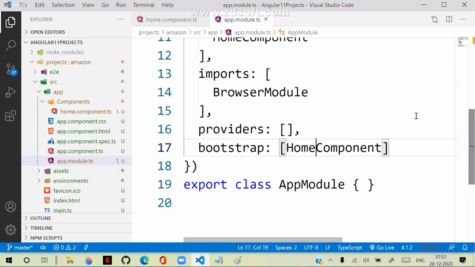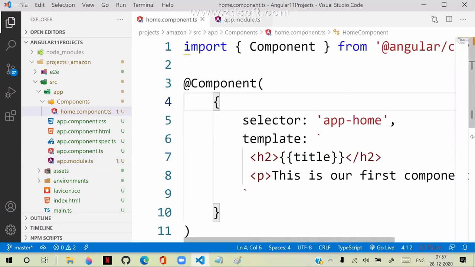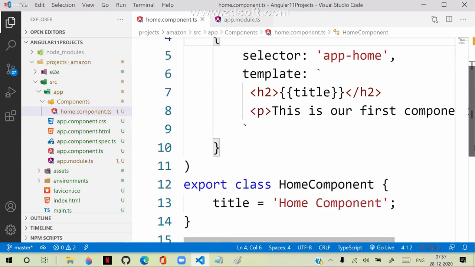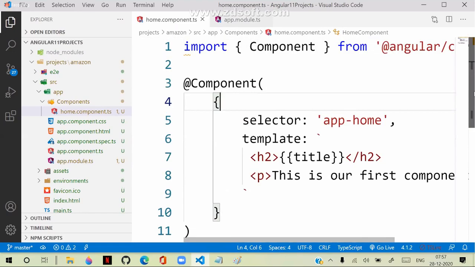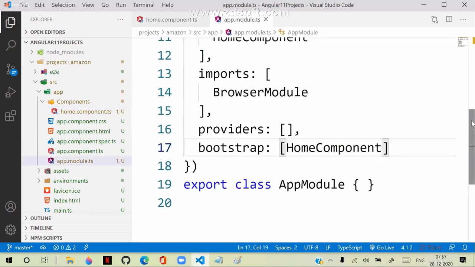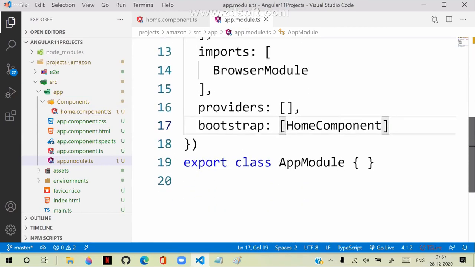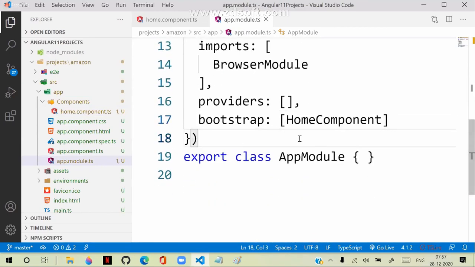So remember, after creating the component, in the component, we are just using a selector and a template, and a title is accessed and used there. And we have to register this component in declarations. After that, we need to make it the startup.